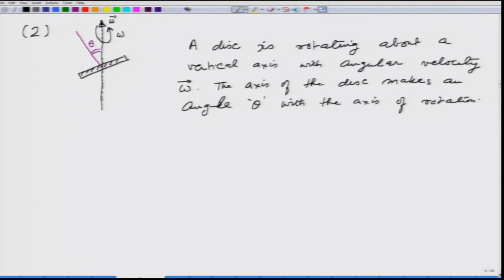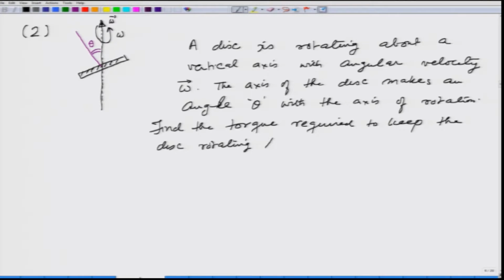So, the question is find the torque required to keep the disc rotating like this using Euler's equations. So, solution: